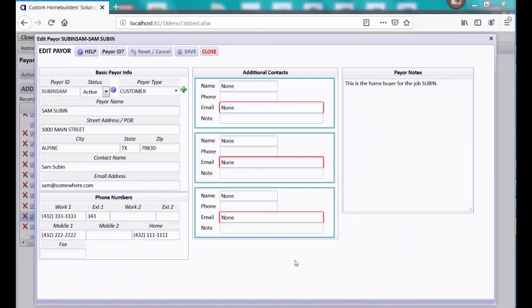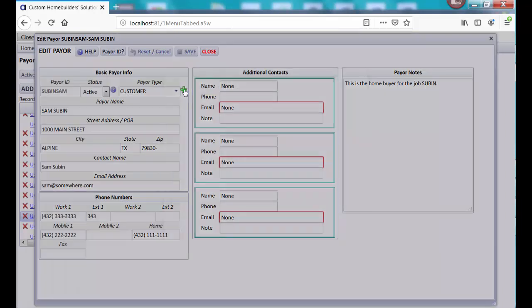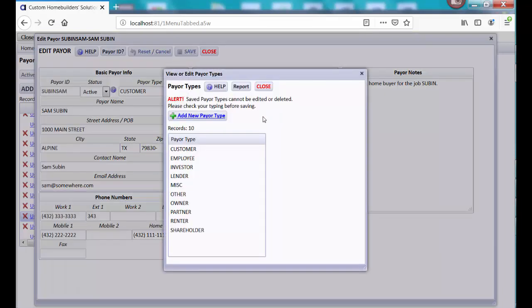I have just split this video for a moment because the screen is a little different now, and we will maybe come back to this and talk about how you can do additional context that you're not seeing on the screen that I have in most of this video. But we were talking about payer types, and if you want to add new payer types, you can click the plus icon here, and a window will open